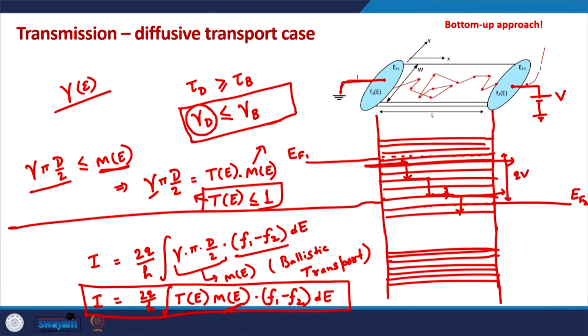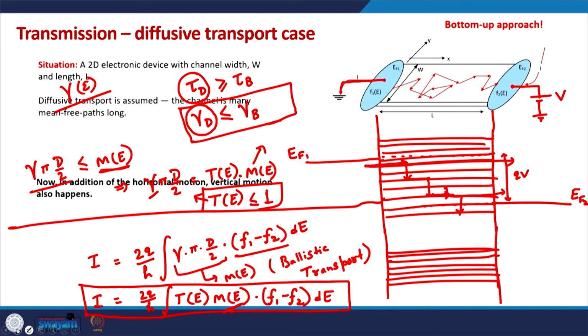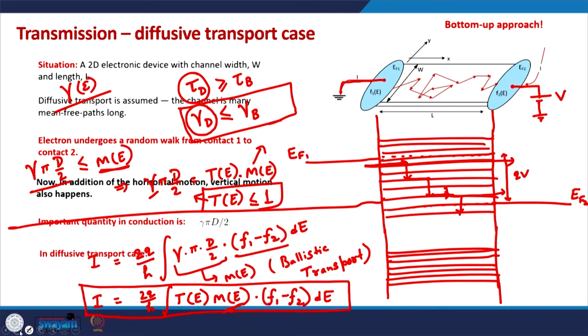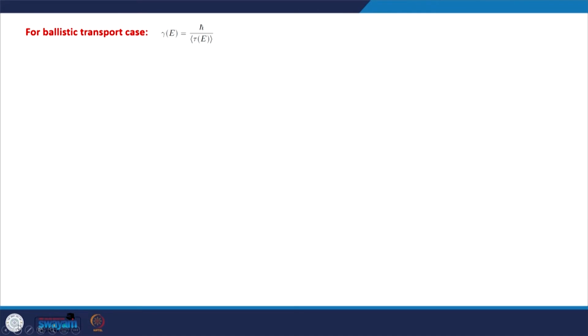Okay. And in order to find out gamma, we need to find out what is T in the case of diffusive transport case, or what is the transit time, what is the tau d in the case of diffusive transport case. So, that will tell us about the transmission coefficient, and ultimately we would have an expression for current in the case of diffusive transport. So, we will use exactly the same methodology that we used for the ballistic transport case. In the ballistic transport case, in order to find out gamma,